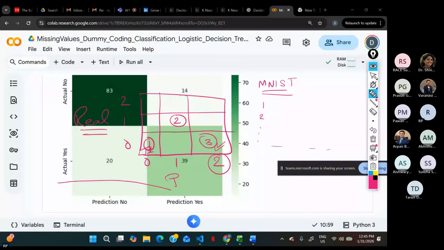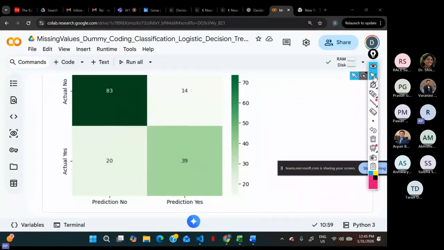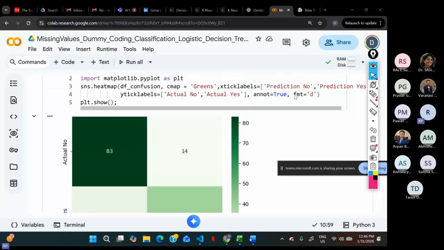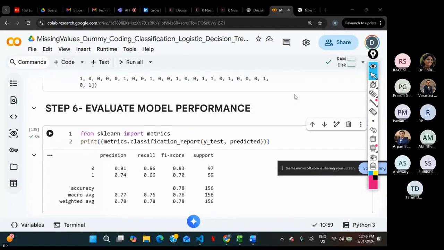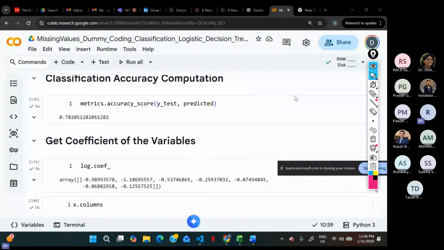Is this clear, folks? I'm keeping an eye on the time as well. At 1 o'clock we'll be breaking for lunch. So if this is all good, we'll move on and then we will look into,